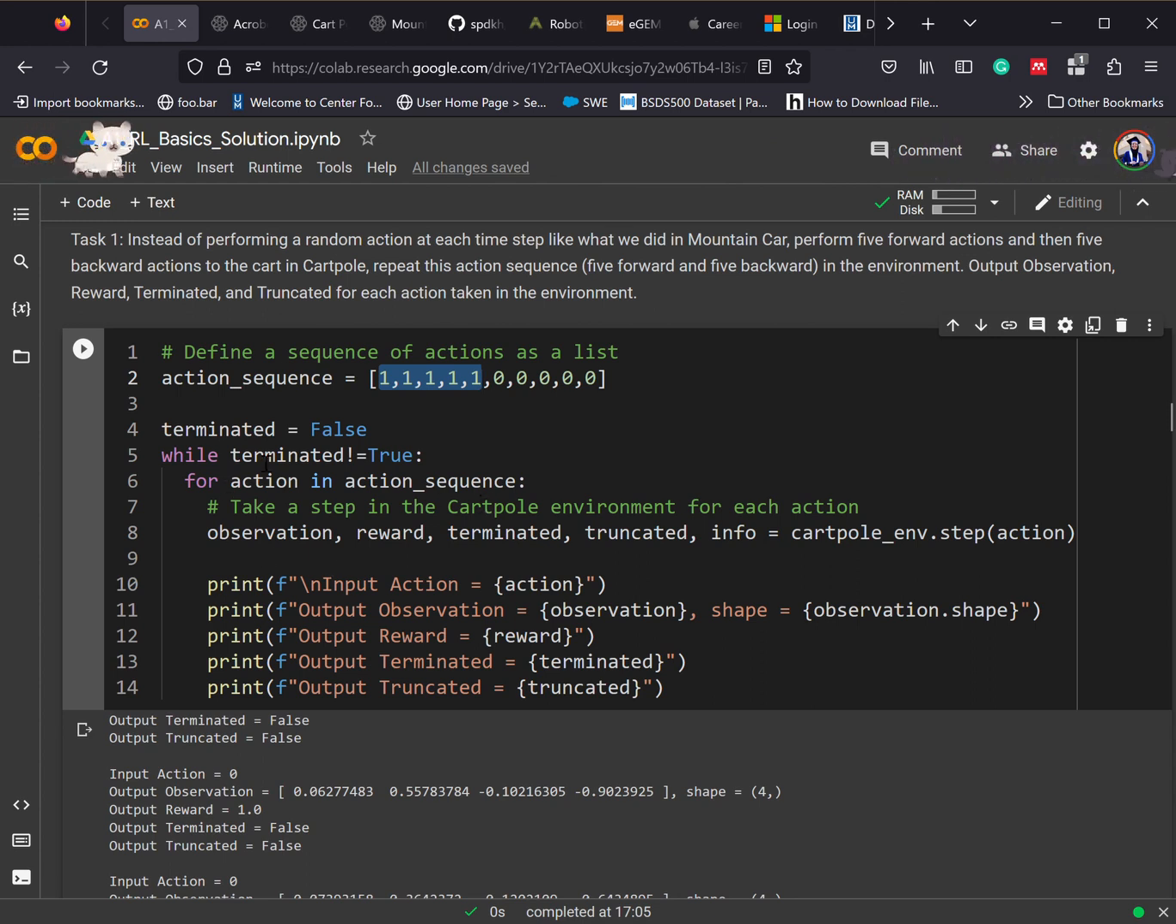To do so, there is a loop defined, and the terminated situation is originally false, showing that it's not terminated. As long as it is not terminated, keep doing it until it turns terminated, and then break and come out of the loop. And then there's another loop saying that